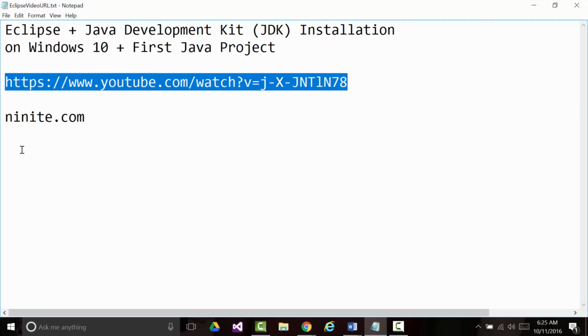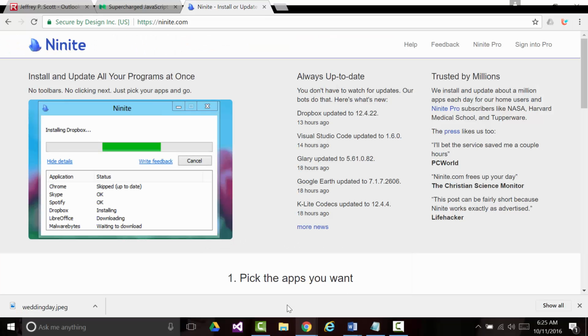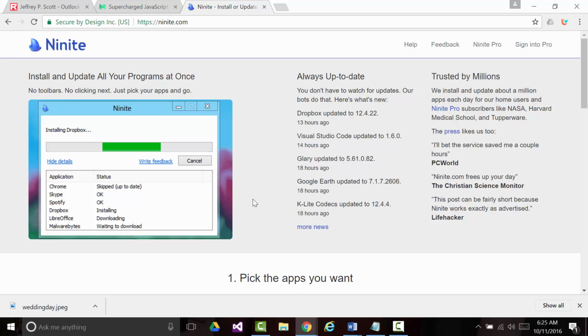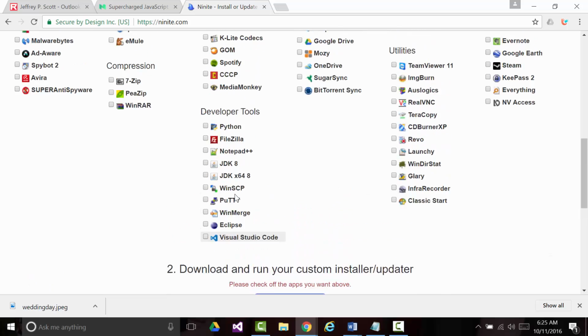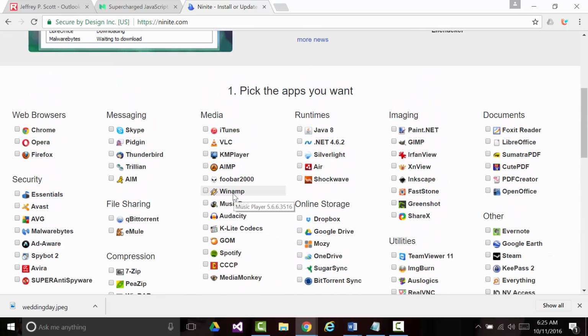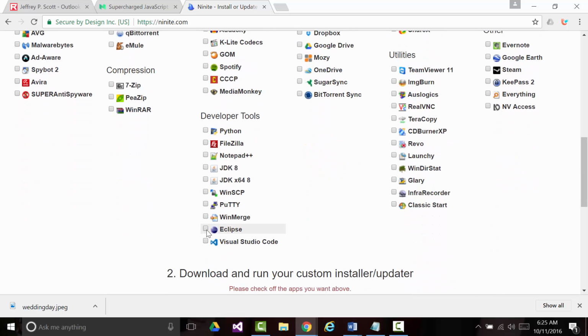One of the things that he references in there is a site I'd never heard of before that's called ninite.com. So I went out to ninite.com and found this. If you had a brand new computer and there was a whole bunch of stuff that you wanted to put on it, what you'll want to do is choose Eclipse. And if you've got a 64-bit machine, which, if you bought a machine in the last 2 or 3 years, should be 64-bit, you want to check the Eclipse, and you want to check the JDK